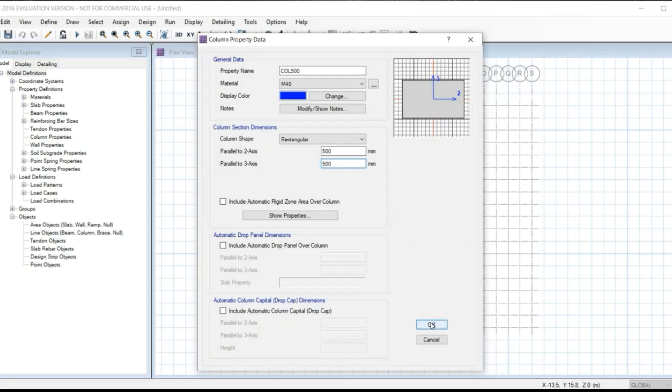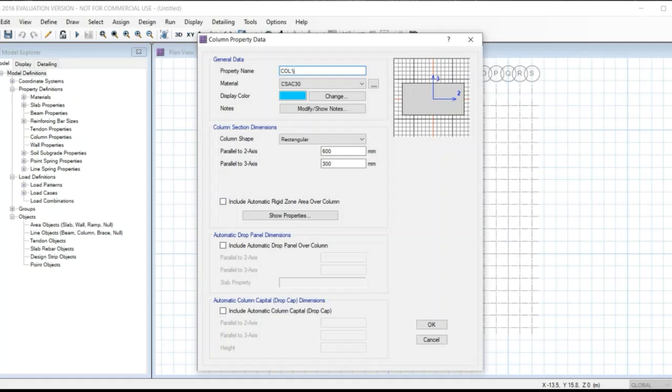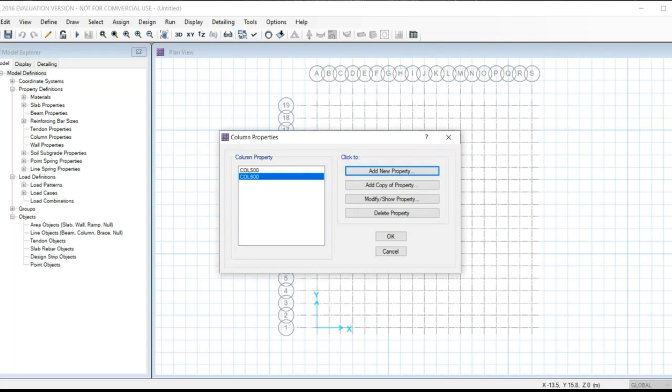Click on OK and similarly do for the 600 into 600 column size. Then click on OK.